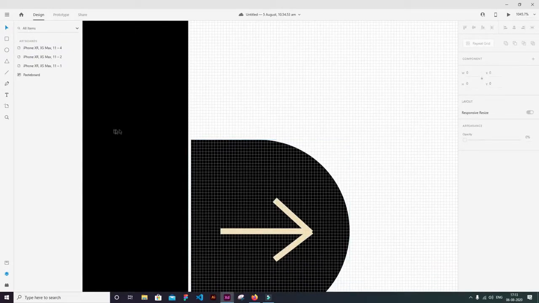Then zoom in, and to get this grid effect you need to click on your artboard, select square, and according to pixel you have to choose a number which suits your need.